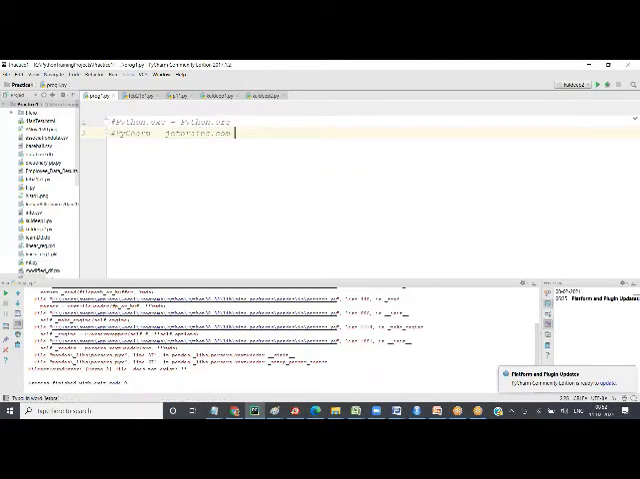JetBrains.com, and here you will find two versions. One is Enterprise Edition, and you have Community Edition. Community Edition is for people like us to do research, learn, and practice, and Enterprise is for developing applications. So we don't have to use Enterprise. Enterprise is paid, community is totally free. So download Community Edition, not the Enterprise Edition. Okay, so I will show you, for example,